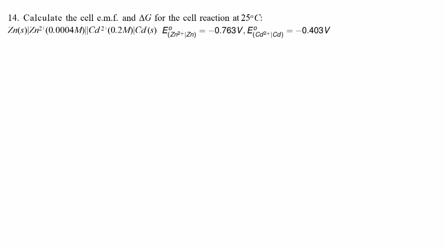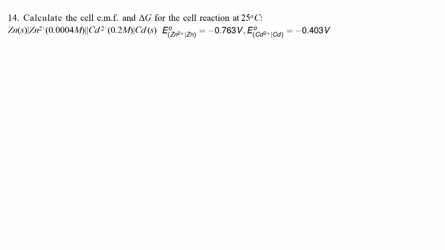So we will now discuss problem number 14. It says calculate the cell EMF and delta G for the cell reaction at 25 degrees Celsius. So the cell is given: zinc solid, then zinc sulfate, Zn2+ concentration is given 0.0004 molar, and then cadmium 2+, concentration is 0.2 molar, and cadmium solid, and